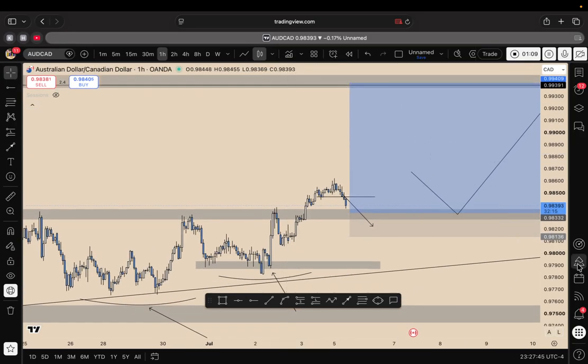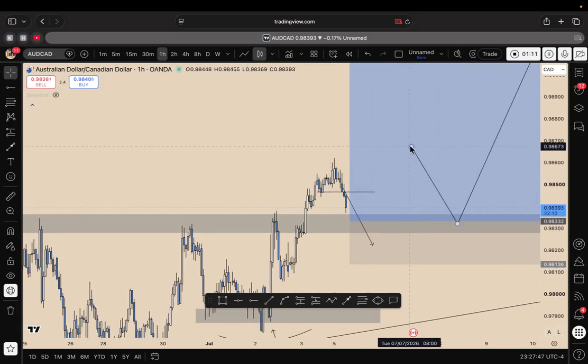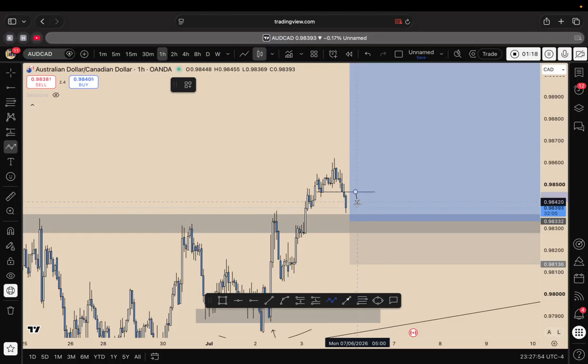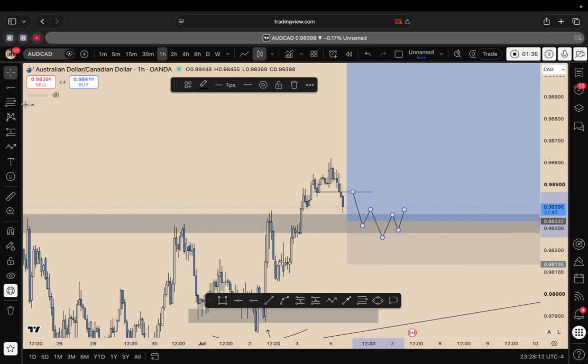Now, the way I look for my entries is, let's erase some of this real quick. So basically, say price is coming down, boom, support, lower high. If it fails to create a lower low, my bad, as soon as it closes above this, that's when I'm looking for my entry. Whether it's the 15-minute or the 30-minute time frame, if it's the H1 or the 1 hour time frame,